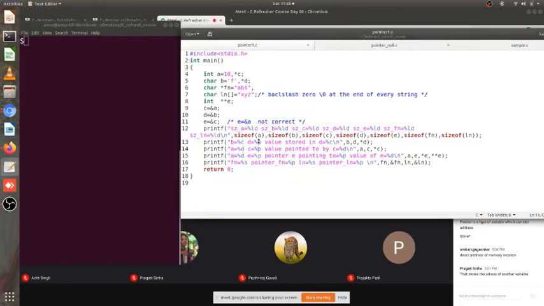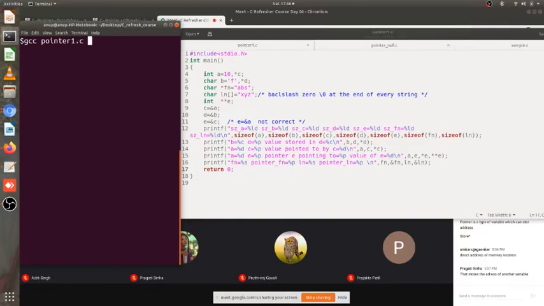Okay, similarly we are printing a, c and star c, because a has value 10, it's an integer. C is the pointer pointing to an integer, so it will be storing the address of A, and star C is going to be something else. Here we are printing something here and something here. I'll talk about line number 15 and 16 later. First I need to show you something in execution, or otherwise you will get bored. I know that.